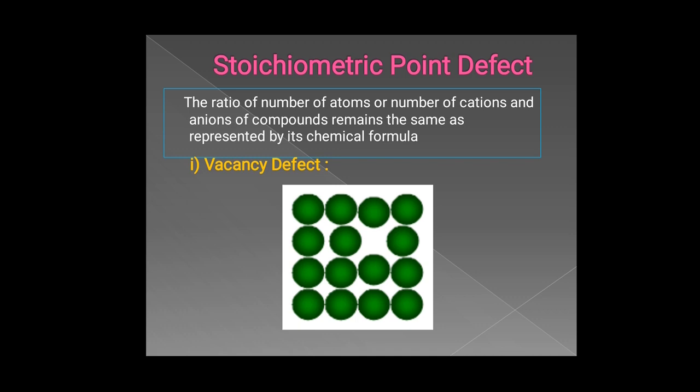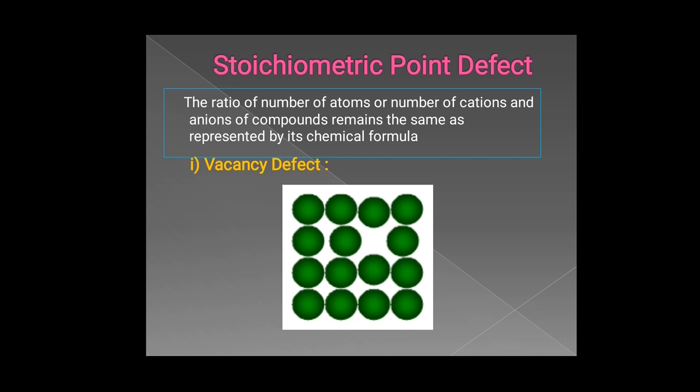So there won't be any change in the stoichiometric formula, or we can say the chemical formula, before and after the defect. I have given you the example of NaCl, but in such stoichiometric point defects, basically non-ionic particles will be involved. So even if a particle is missing or an extra particle is added, as all the particles are neutral and do not have any charge,